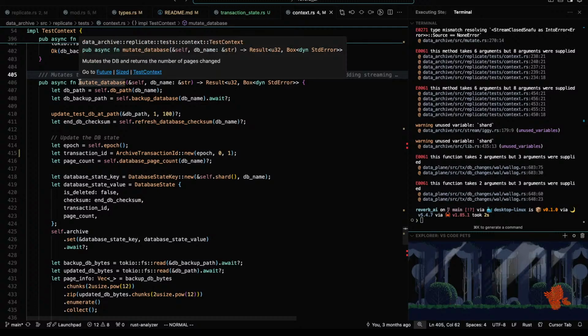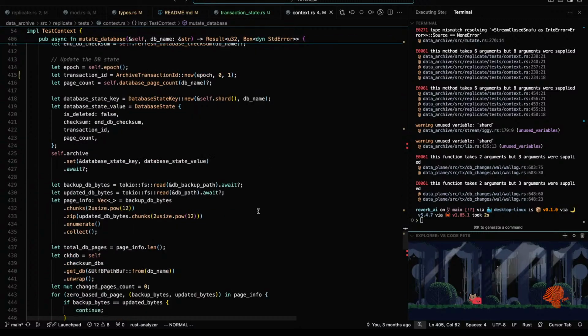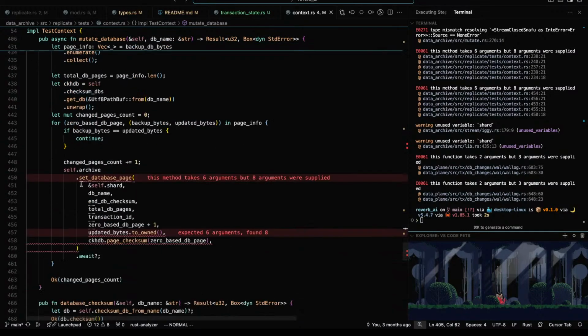So a test would basically say we need to test the replication to a client. We need to do a fan out. So change the database. And that's what's happening here. It just says make a change. And here we end up making that change, but I took one of the three responsibilities of this function away. So that has to basically become the second function as well.